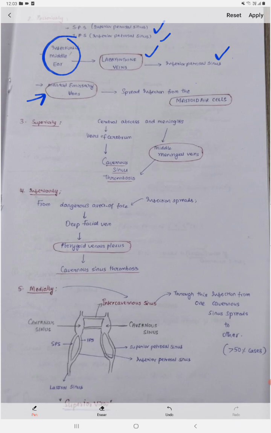Through this venous drainage, we have the mastoid infection, because mastoid infection may occur in the mastoid air cells, and that will lead to cavernous sinus thrombosis through the connection which is the mastoid emissary veins. So it is only through these communications that cavernous sinus thrombosis occurs, and that's a septic thrombosis. We already discussed the superior relations also: the cerebral abscess or the meningitis from the veins of the cerebrum, we